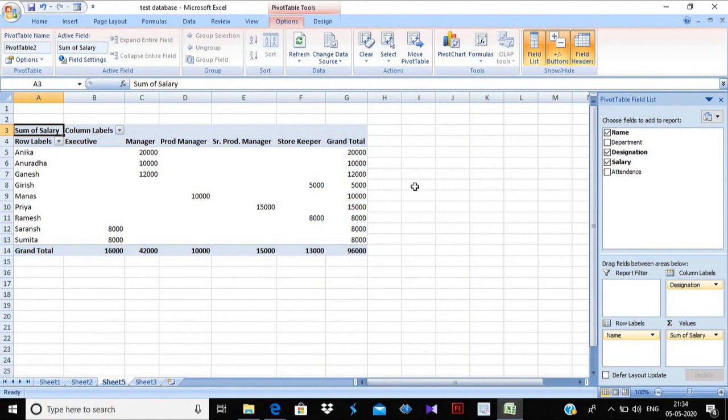So a pivot table is used to present in front of the company's head, so that they get to know how much salary we are giving to different employees. So this is our last topic, and we have finished our chapter. Okay, you can see the same picture in your book also. Okay, thank you.